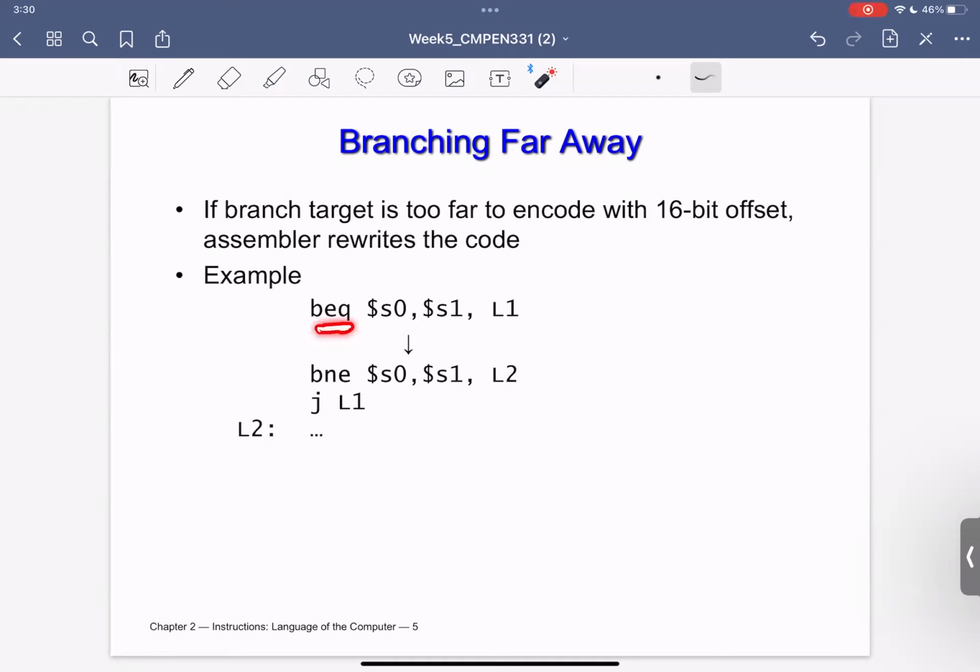Suppose that I would like actually to branch to this L1. And also assume that this L1 is actually too large. So it can't be written in only 16 bits. It needs actually more than 16 bits to write the L1. Branch equal, if this is equal to that, please go here. But this, I can't write in 16 bits. The alternative way actually to do this trick: so I would say branch not equal. If this is not equal to that, please go to the next instruction to be executed, and this is L2.